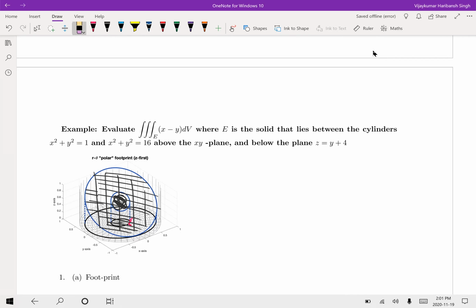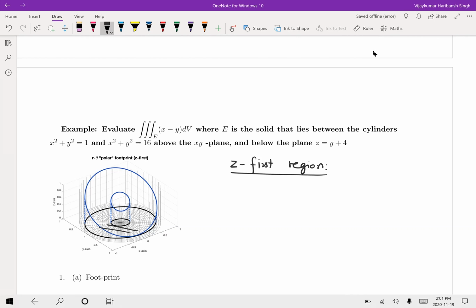All right, so now we want to basically see what to do first. Again, as you can see, this is a region between, so this is again a Z first region, so Z first. So your Z is between, so we need to see the projection of this solid onto the XY or R theta plane. All right, so what is the footprint? The footprint is this annulus